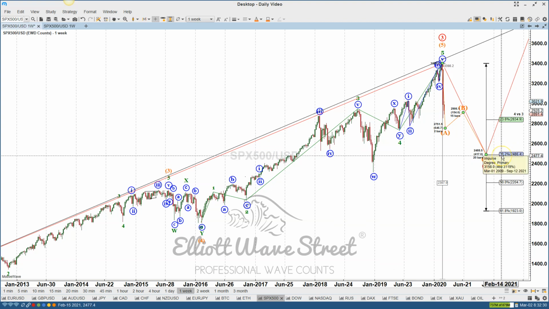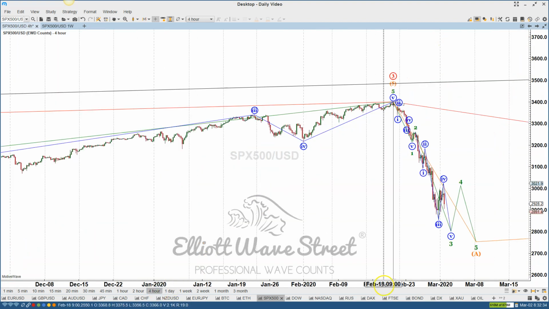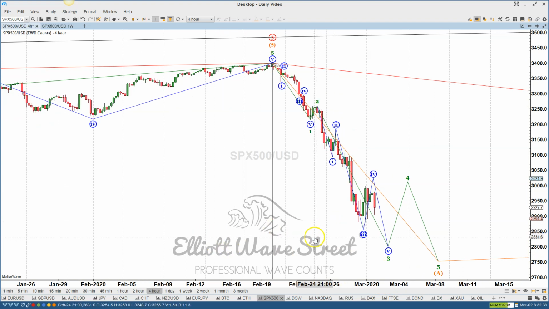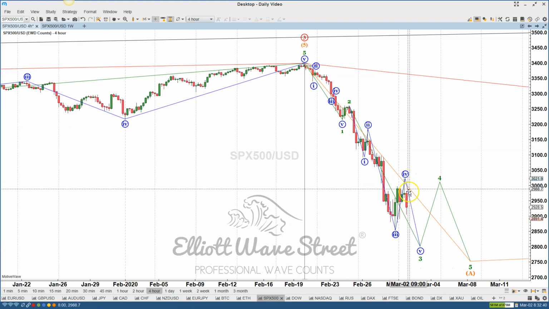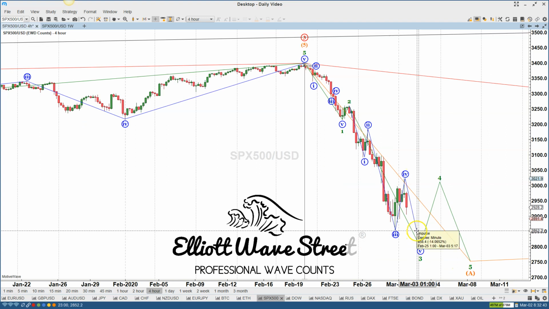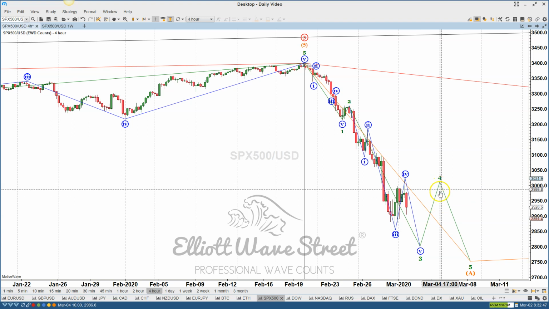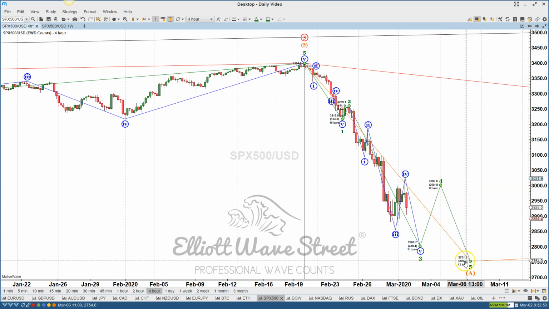2486 is my target. 2486. If we go to lower time frames, like the 4-hour chart, we can see with more detail what is happening here. We are in the bearish move today for this session. I'm looking for a lower low below the 2853. Then we can have a bounce back to the 3000 area, similar to this one, and then another lower